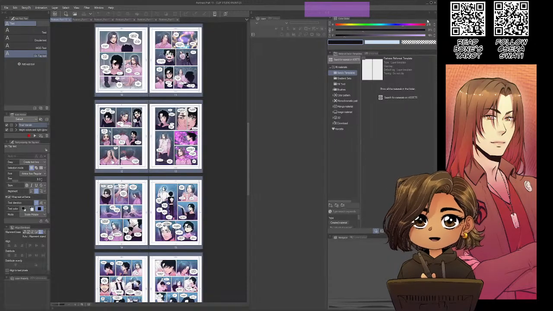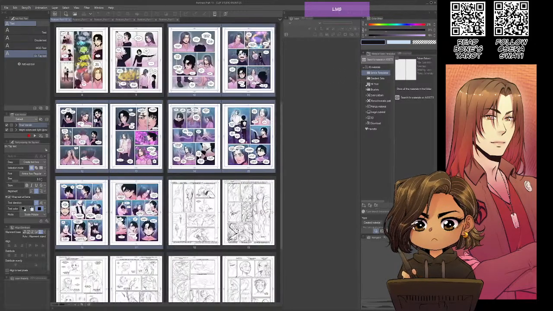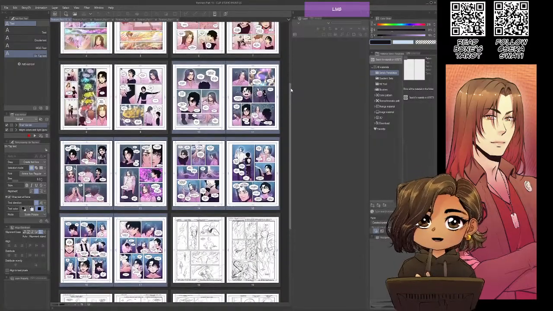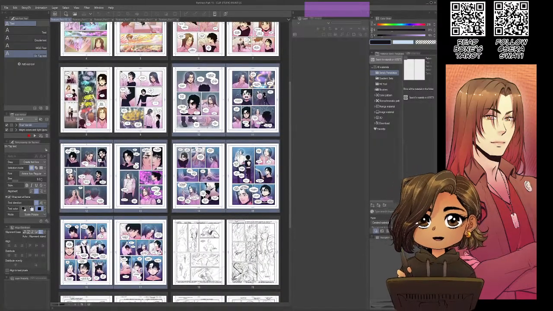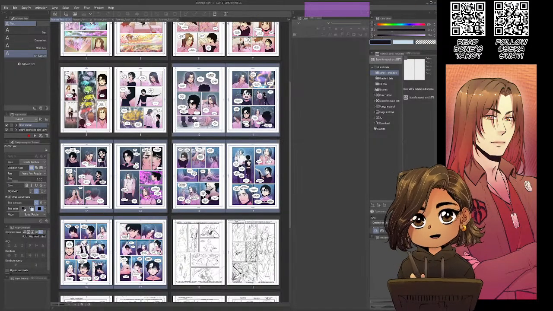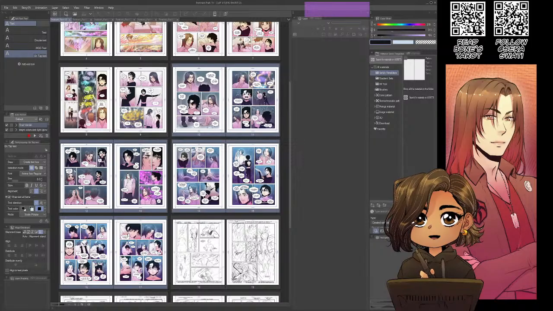Time to set up the pages for reformatting. So, my easy peasy way, because I drew this in such a way to make it easier. Right. So, what we're gonna do, how do I want to do this?